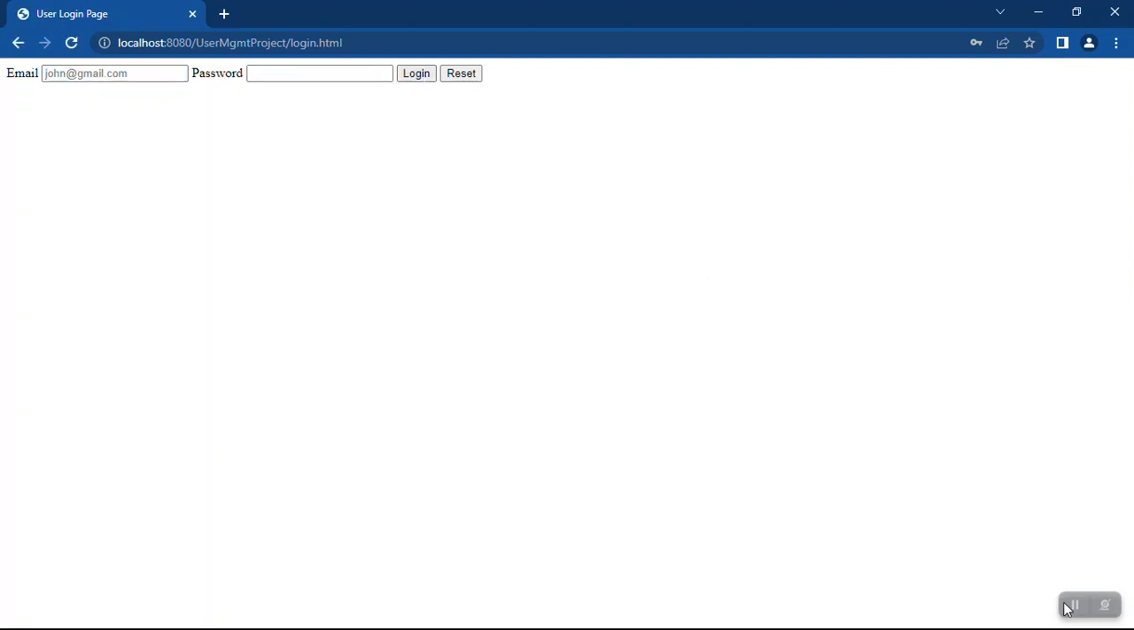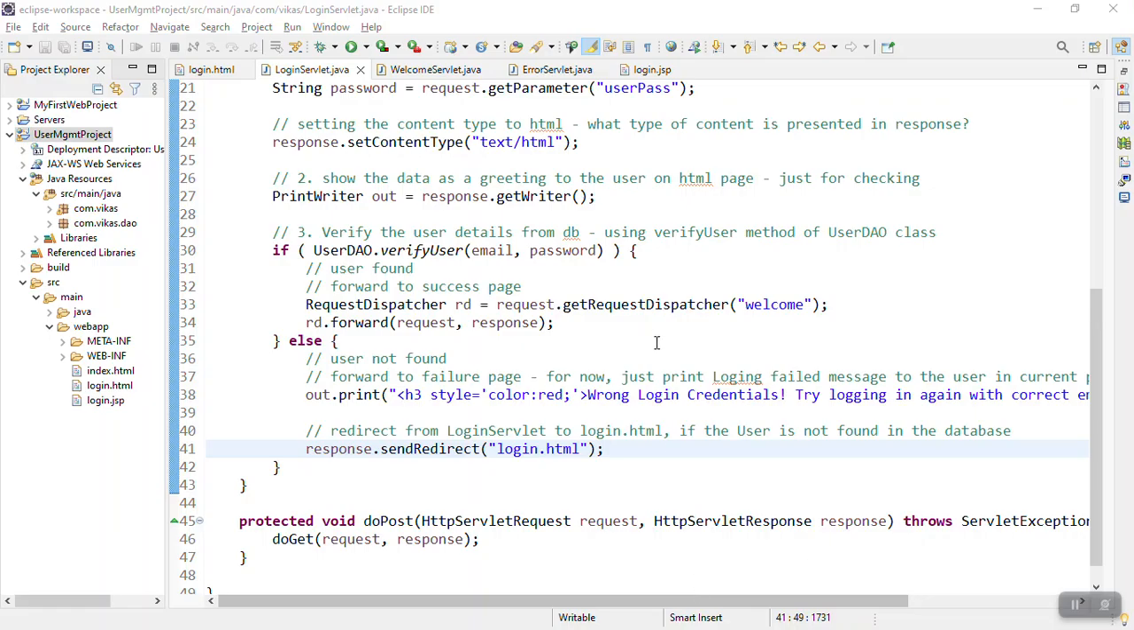Wow. Okay, maybe I misunderstood that. Sorry guys, my mistake. Okay, it seems it's redirecting. If it is redirecting, then this message